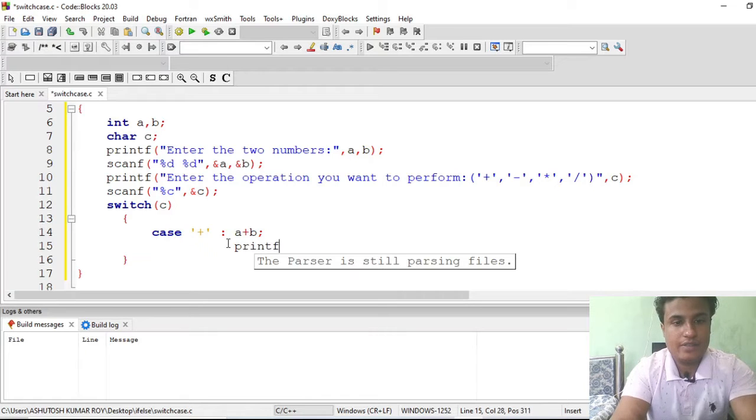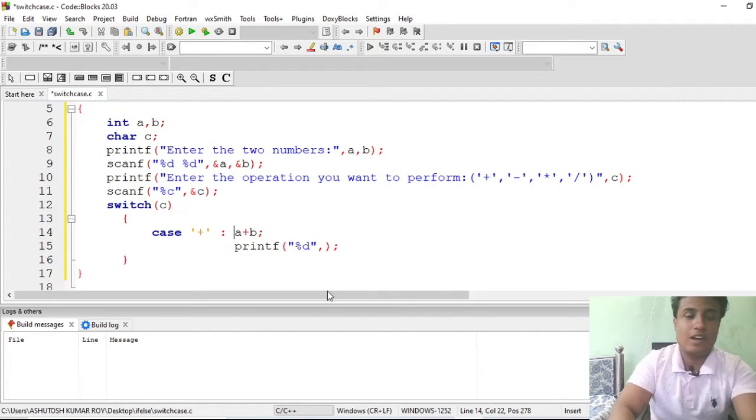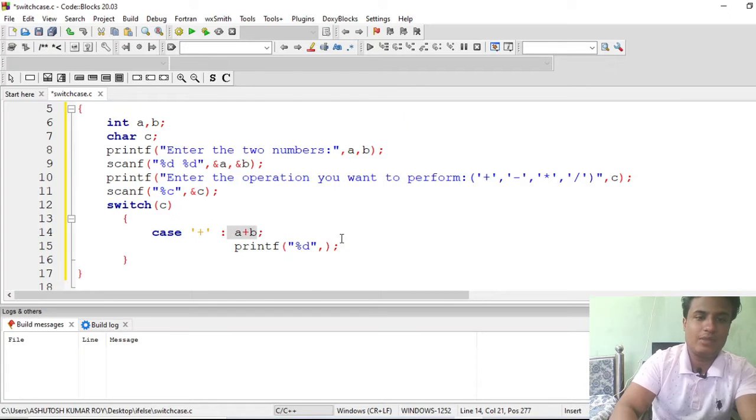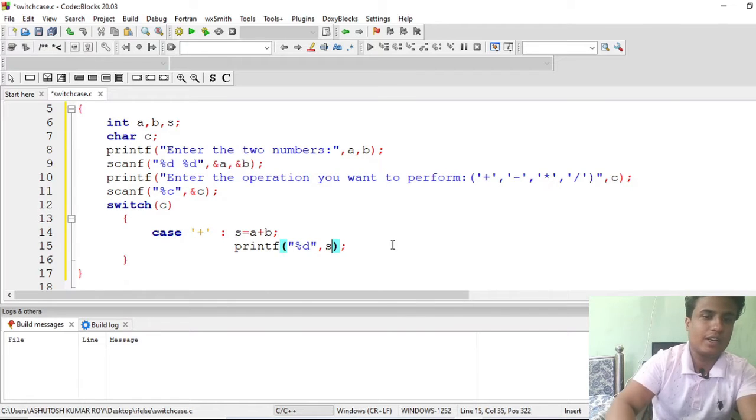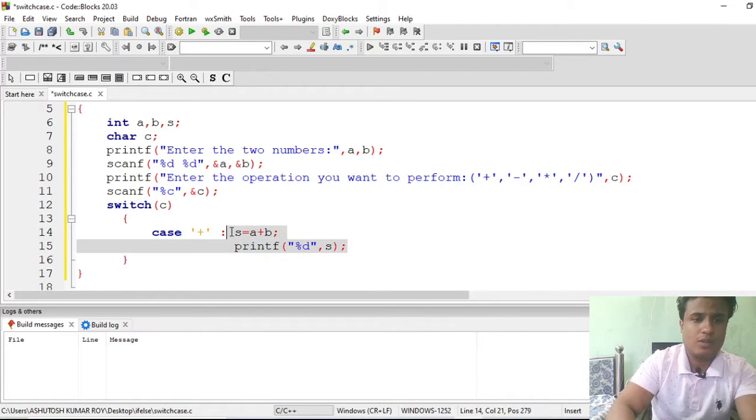No need of a variable, you can do it directly. Suppose we directly printf a plus b here. No, we cannot do that because we are already doing a plus b, and it will write it twice. So let me define one variable s. So s equals a plus b, and print the value of it. Now it's making sense. Just copy this code. We will be using it many times.